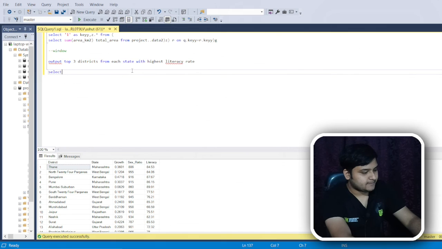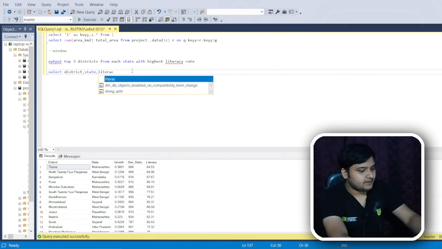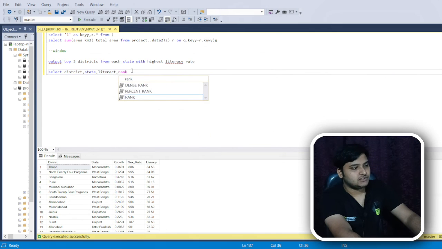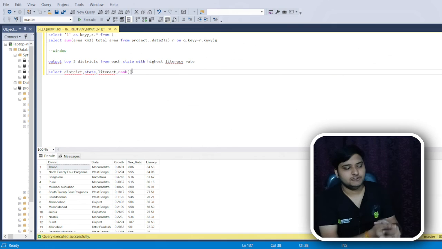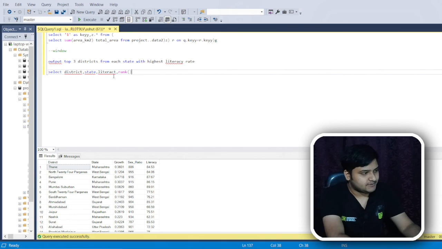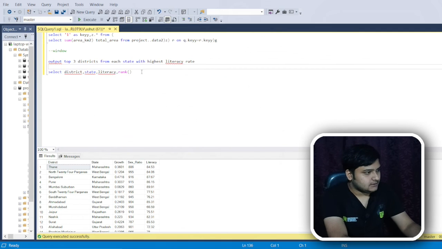So select district, comma, state, comma, literacy. Okay, and then we'll be using the rank function. I've explained this in my 0 to 1 advanced SQL video also, or else you can learn from different websites also. So the rank function, so rank